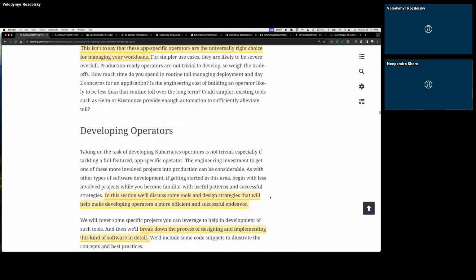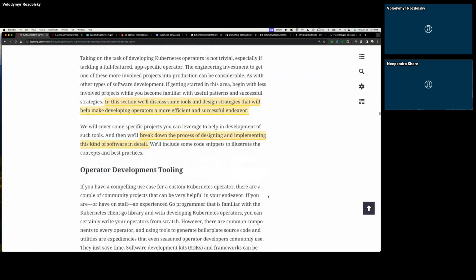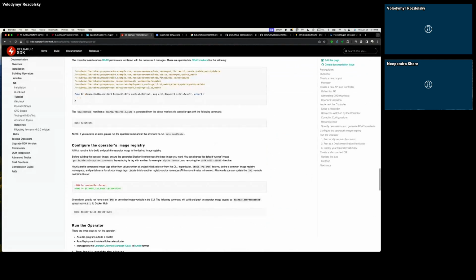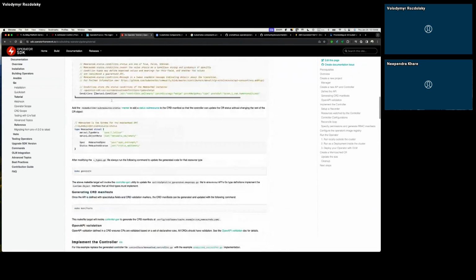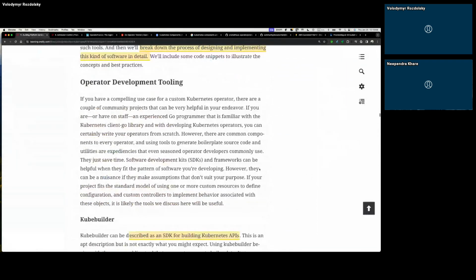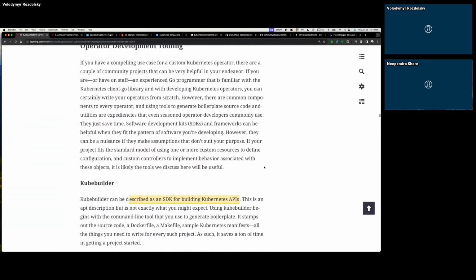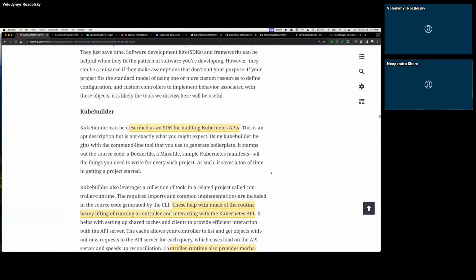So, developing an operator. I don't know if you want to try this. We can try this example, or you want to try on your own, just to install this and create a boilerplate and see what goes into building the operator, and how this framework can be leveraged and what APIs can be used for that.